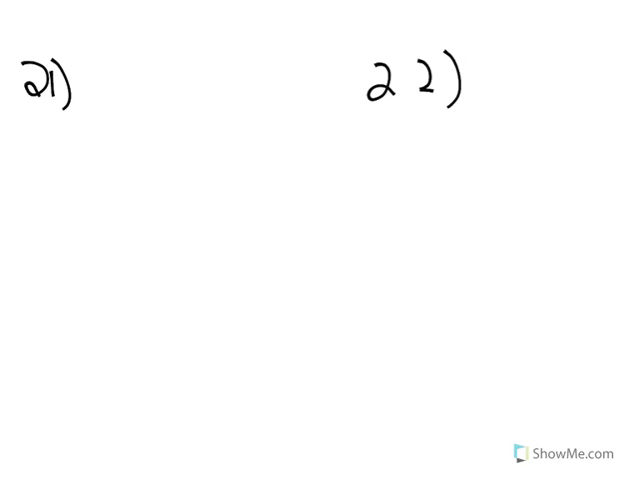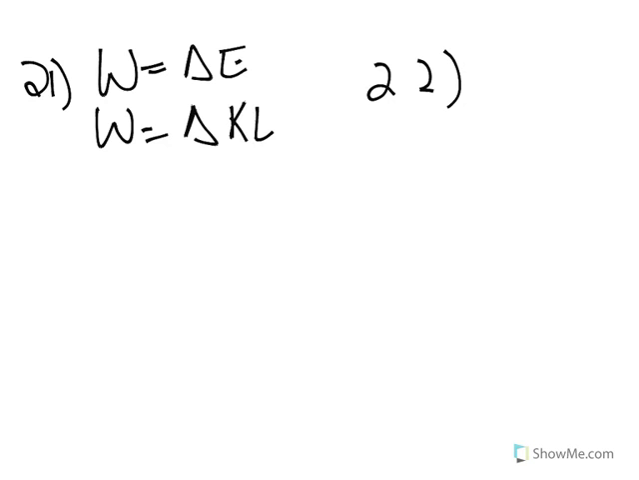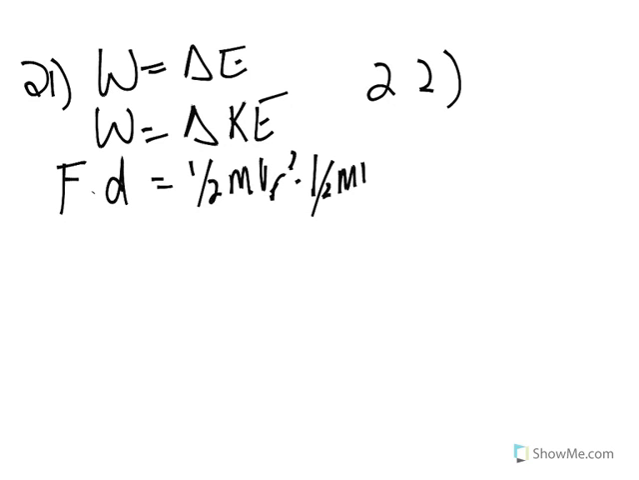Number 21. A boy pushes a 5-kilogram cart in a grocery store, starting at 0.5 meters per second, accelerating to 3 meters per second. How much work was done on the cart? Well, work equals the change in energy, and so work is going to be equal to the change in kinetic energy in this case, because it's a moving object. So force times distance equals 1/2 mvf squared minus 1/2 mvi squared. So if we do this, we get